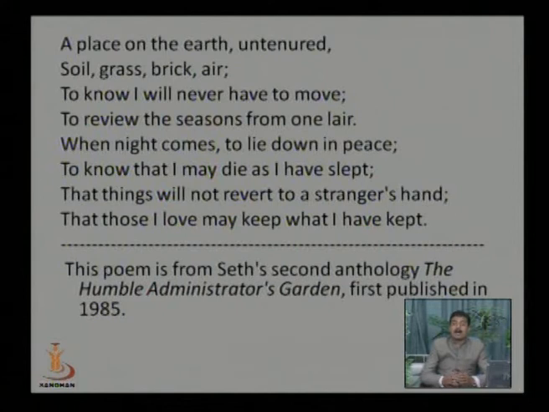Means whom I have loved, my property will transfer to the same, not to a person whom I don't know. Means, if you have a house, your future is secured. You have one place, as you can see, that is untenured soil, grass, brick, and air. That is not coming from someone else's generosity, that is your own the moment you have the house. To know I will never have to move means you need not have any worry of changing the house,